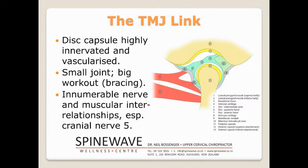The TMJ, it's a small joint, but it gets a very, very big workout. Talking, chewing, yawning, it's moving all the time. And so if a person's nervous system is under duress, even without them being aware of it, or even if they don't feel stressed, sometimes they can, I think in the dental world they call it posturing, I might refer to it as bracing,